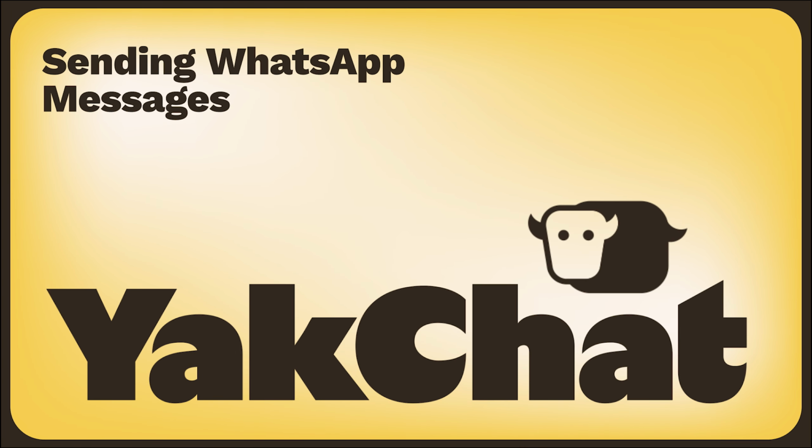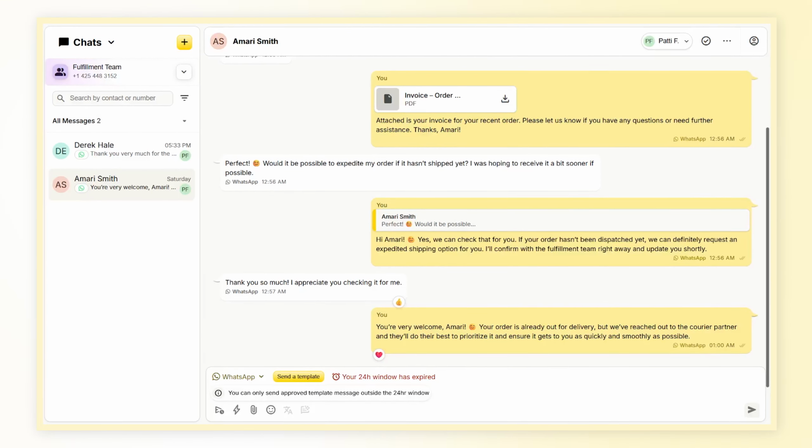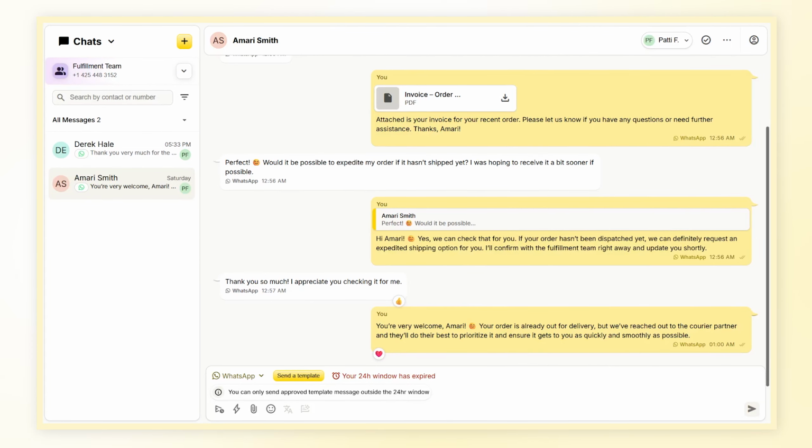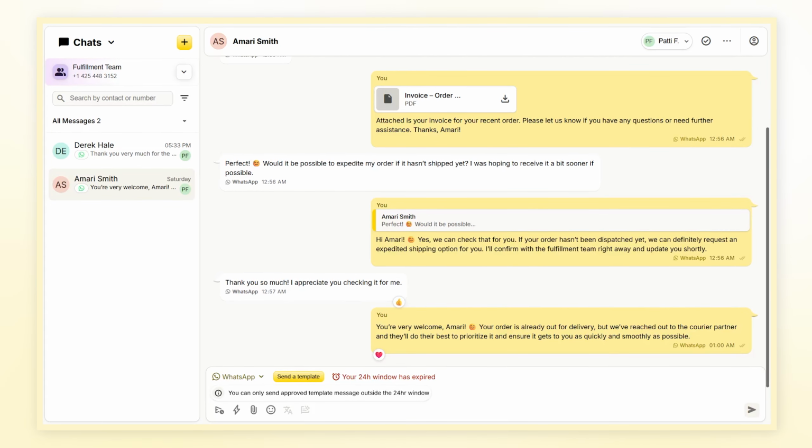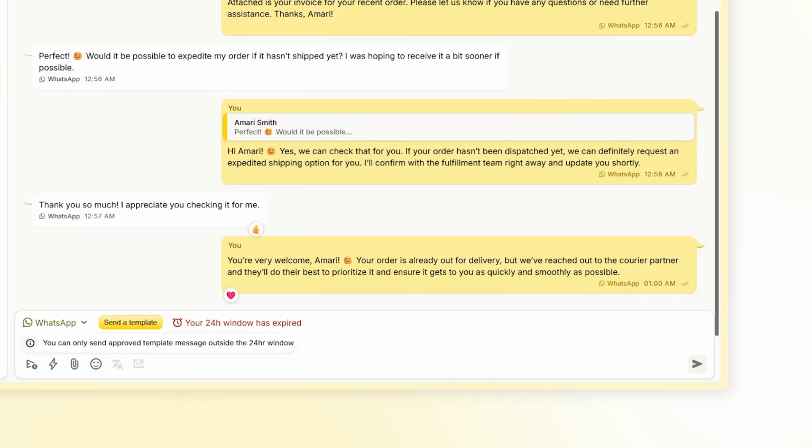In this tutorial, you'll learn how to send and receive WhatsApp messages, replies, and reactions in Yak Chat. When you send a message for the first time to a WhatsApp recipient, or if more than 24 hours have elapsed since the last message from the recipient, outside the so-called customer service window, you must use an approved WhatsApp template message. If you haven't created or approved templates yet, check out our tutorial to learn how to set them